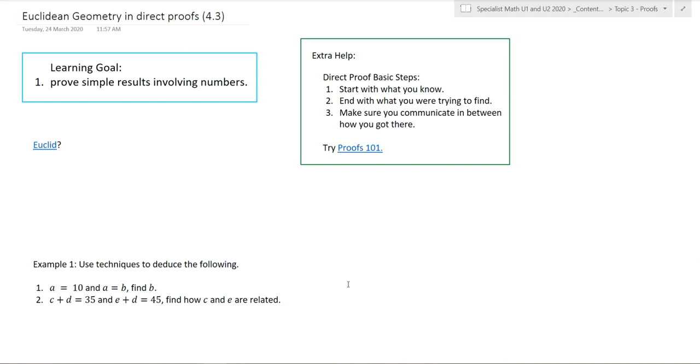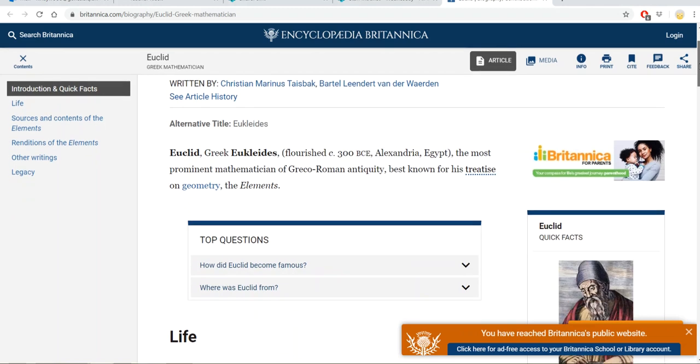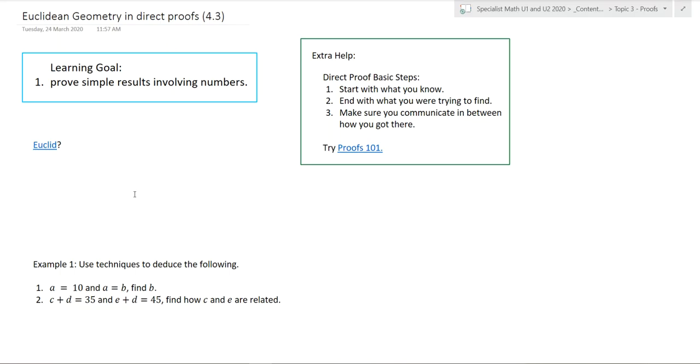There was a Greek philosopher, I never say his name properly, Euclid, and he was around, I believe, when Aristotle was around. Yeah, so here's some of his life, his postulates, his